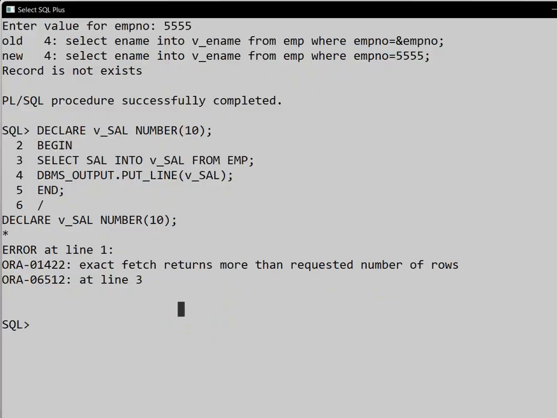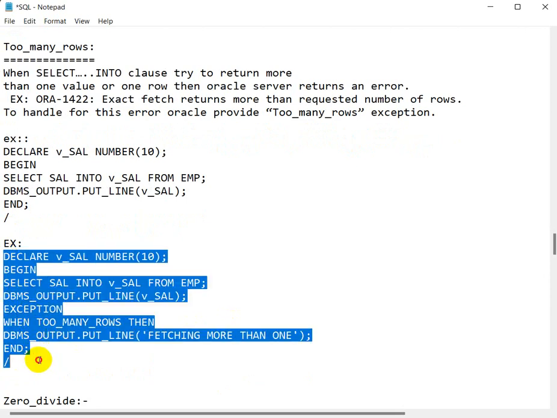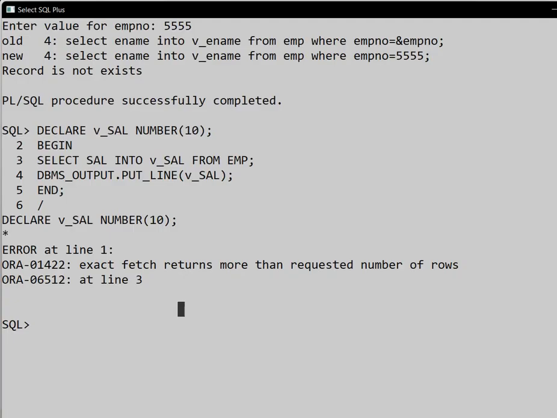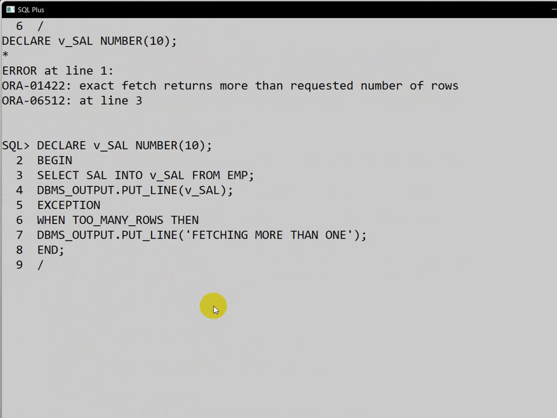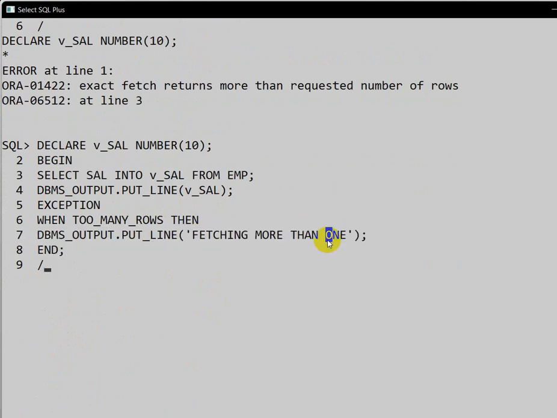So how to handle this error? Let us go here and let me copy this. Go to SQL Plus. Here we are handling the exception when too many rows are there: we are fetching more than one row, and this message we will print.